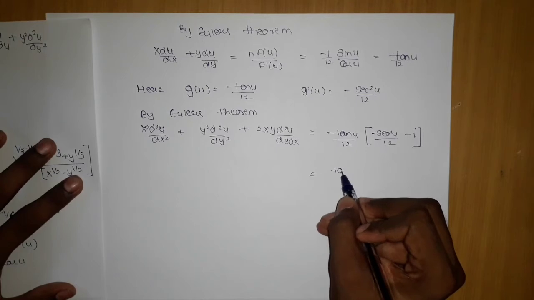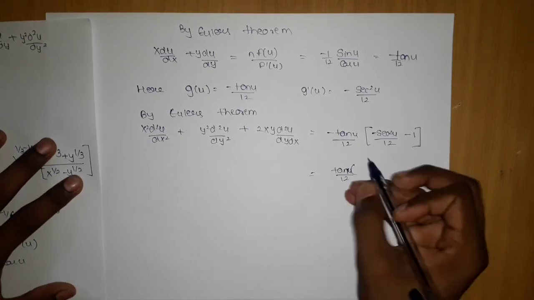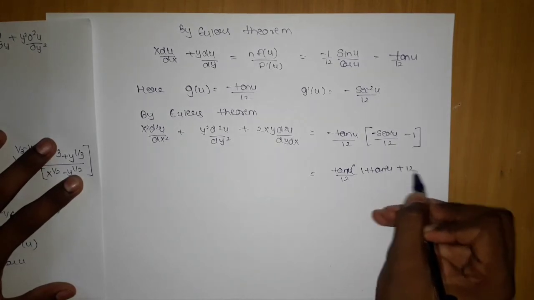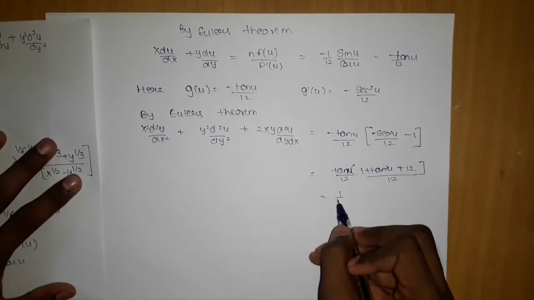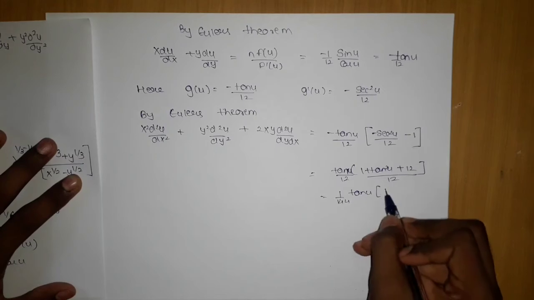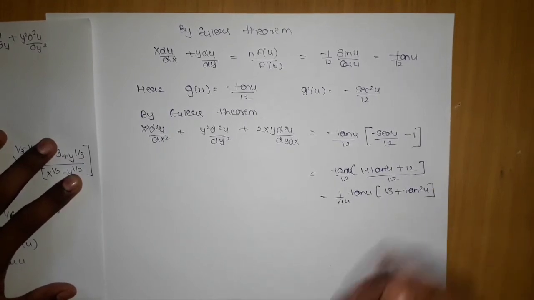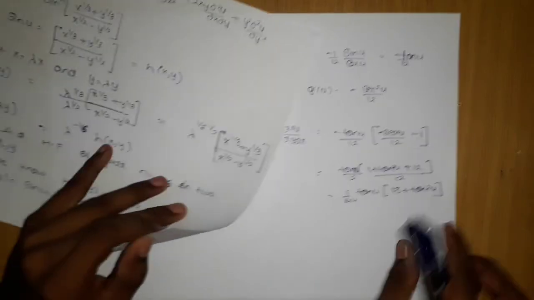So it is automatically tan u by 6 into 1 plus tan square u plus 6, the whole by 6. Right? This will become 36, and we are left with tan u into 7 plus tan square u. Okay, so we are getting this and we are done with this question. Hope you have understood each and every step.